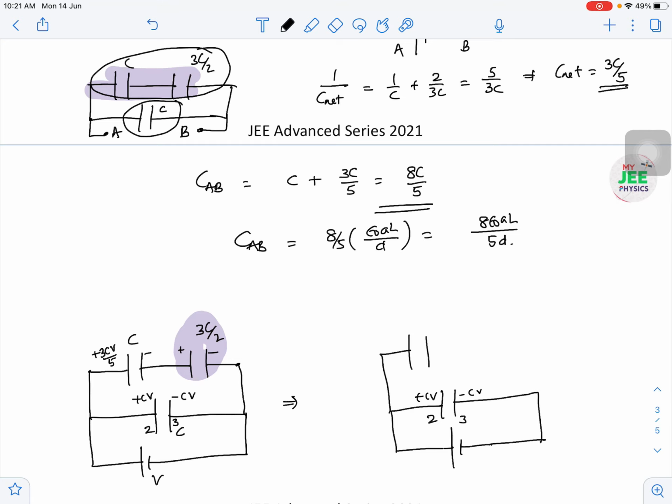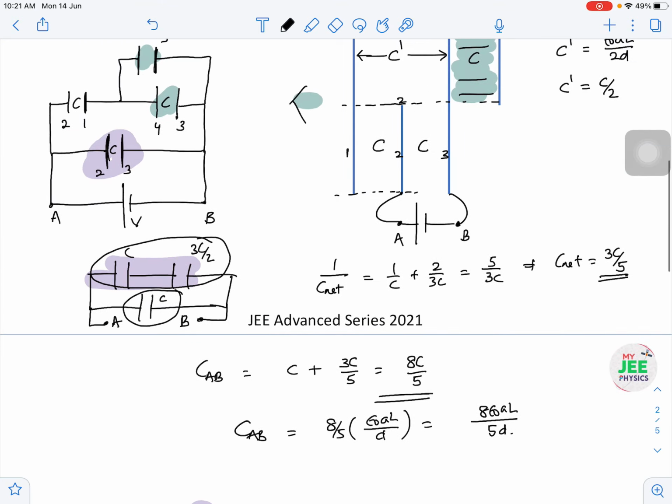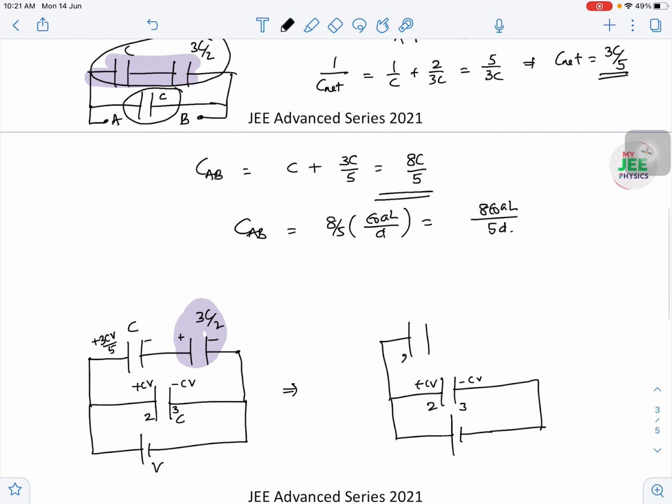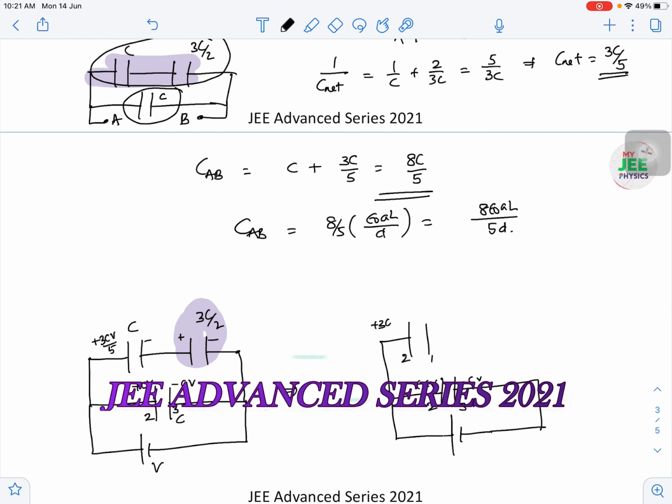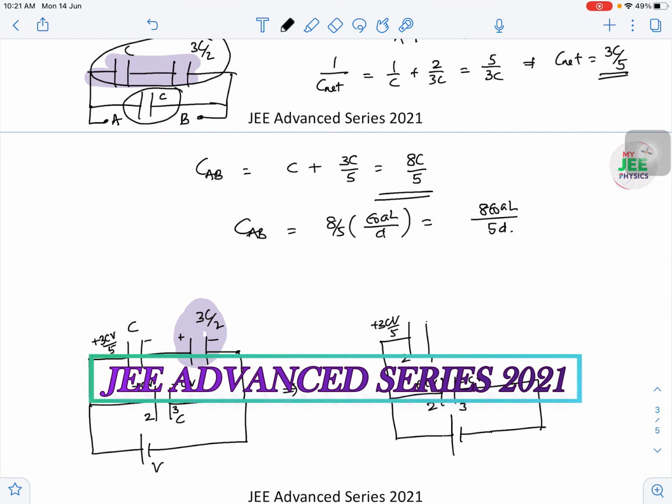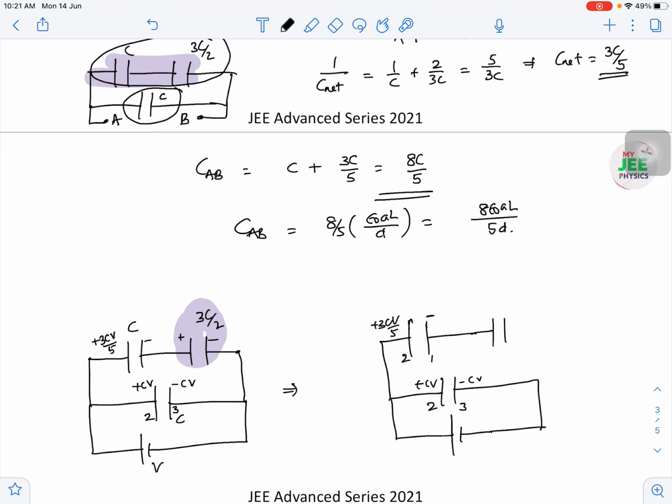Now this capacitance is again a single capacitance with which plates? Plates 2 and 1, okay? 2 and 1. Then plus 3CV by 5 minus 3CV by 5. I'm not writing that value. So now here we have two capacitors,